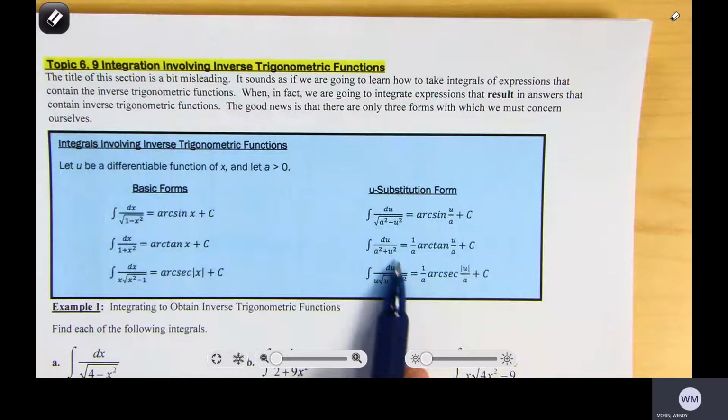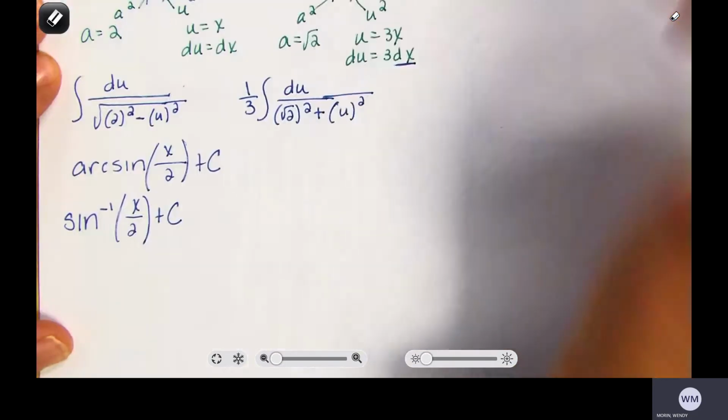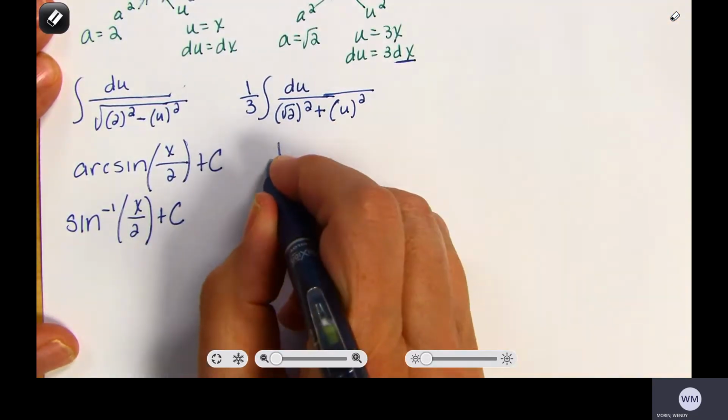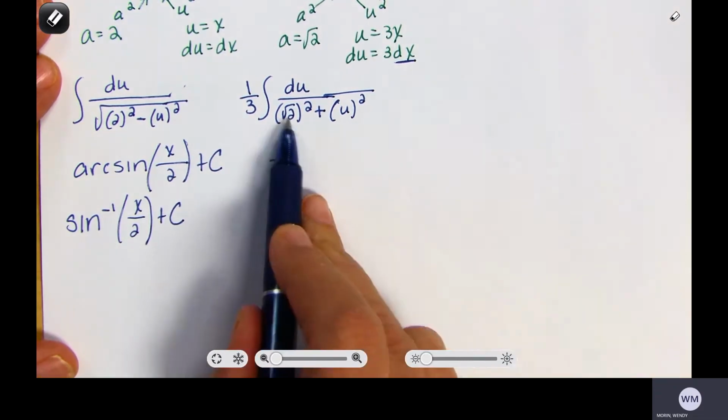So that's this one right here. That's arctan. So we have to memorize this. So the 1/3 will stay as our coefficient. Okay, so the